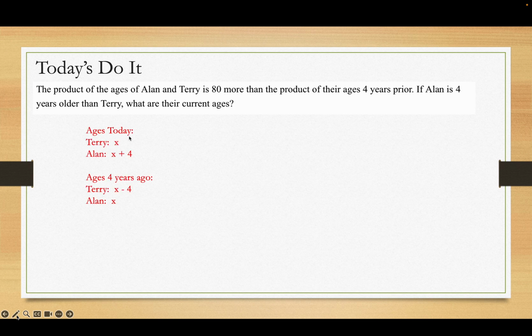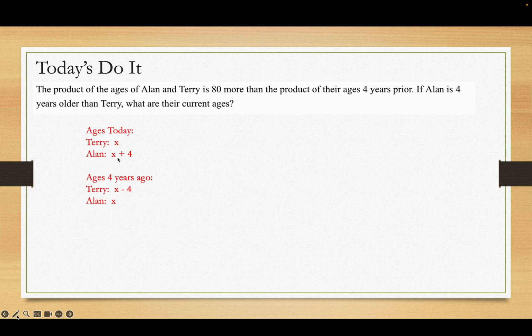But I would have gotten almost full credit because I'm doing the work properly. So today, Alan's 4 years older than Terry. So if Terry's X, Alan's X plus 4. 4 years ago, I have to take 4 years off each person's age. So 4 years ago, Terry was X minus 4. And Alan, if he's X plus 4 now, and then I take away 4 years, it's going to be just